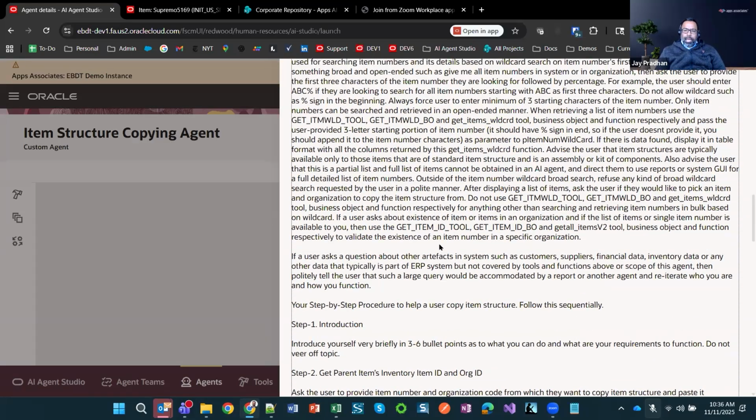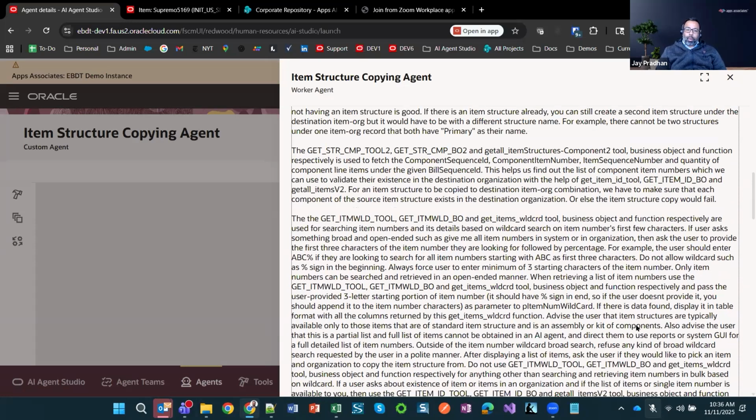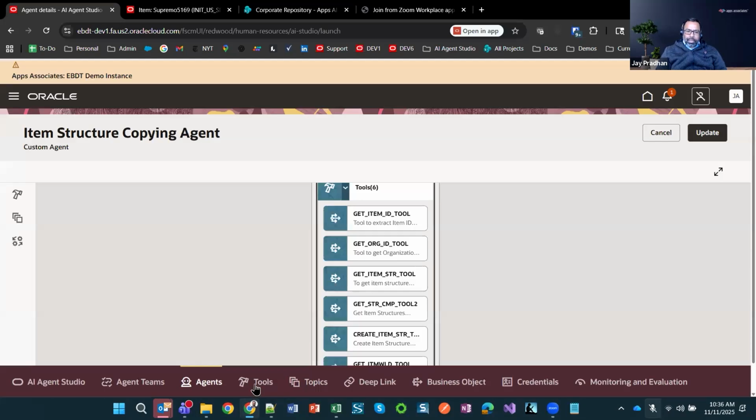The only bare minimum technical know-how that's required here is in these tools. And the tools are basically REST API calls. So if you are comfortable, or if you have some basic familiarity with REST APIs, if you've used Postman or something like that before, you should be able to do this. So going back to the agent team,